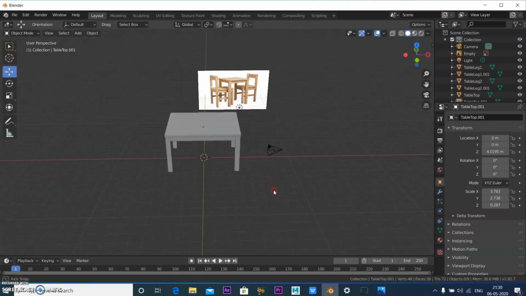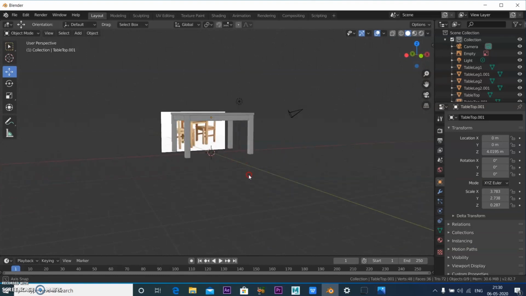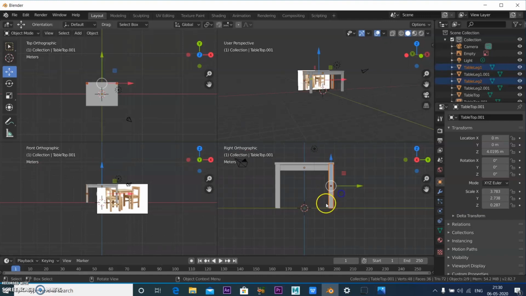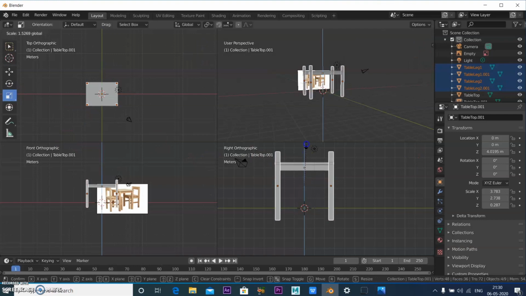Okay, suppose you feel that all this has to be a little bigger in height, you can always scale it at any time. So you can just go to this view. All the four legs you can just select. Just press scale. Okay, let's scale its height.